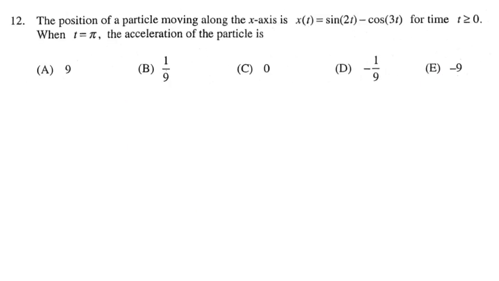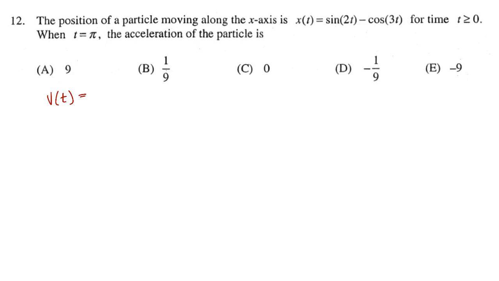All right, number 12, a good particle motion problem, and it looks like we're given position, and we want to know when time t equals pi, the acceleration of the particle. So we need the second derivative here. So let's see, what would be the velocity function? If we did our derivative here, we would have 2